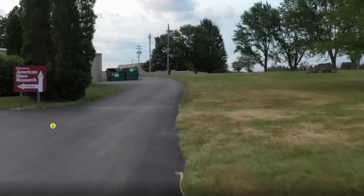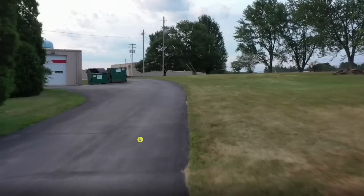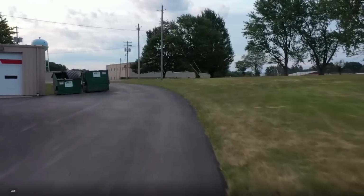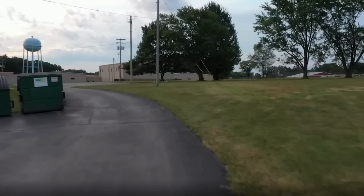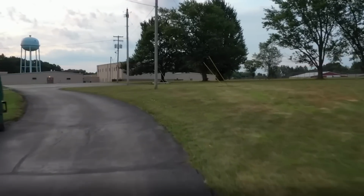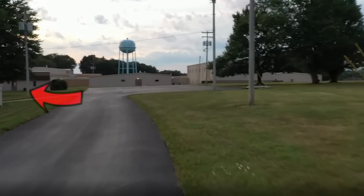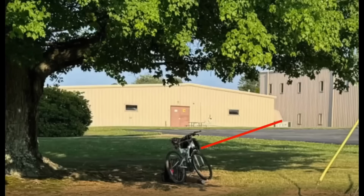So this is the likely path that the Trump shooter took to enter the American Glass Research Complex on his bike. Spa Guy took his drone right up this path here, and we're going to see as we come around the bend into the main part of this front parking lot, that's the tree you see on the left where he put the arrow. That's where the bicycle had been parked, and that's where the police took the picture of it